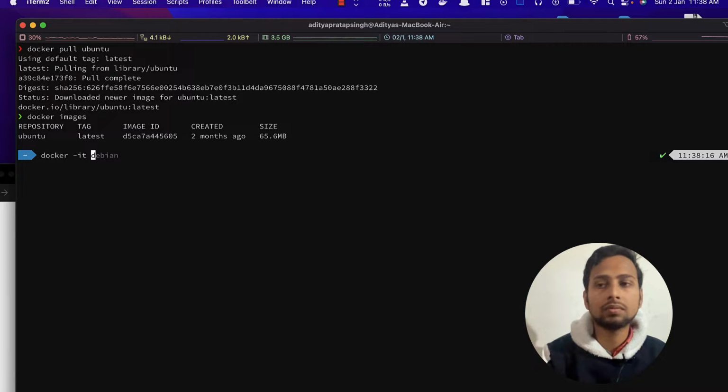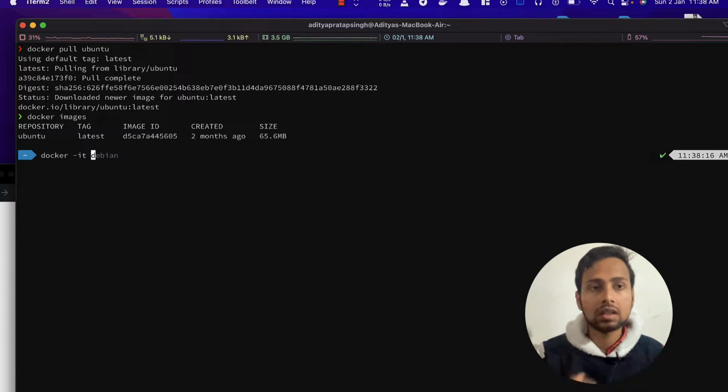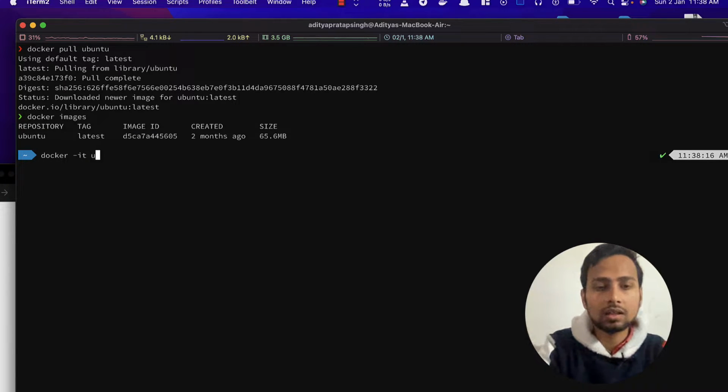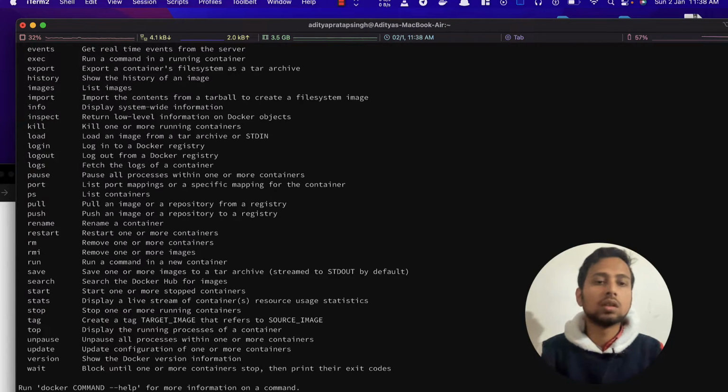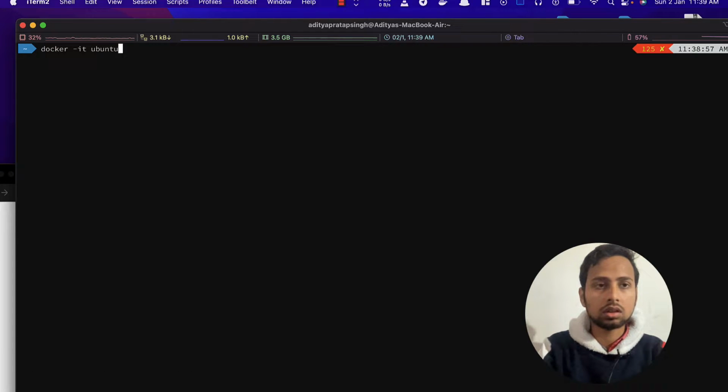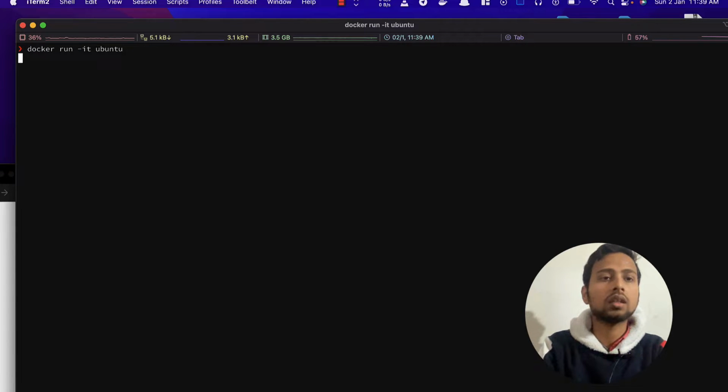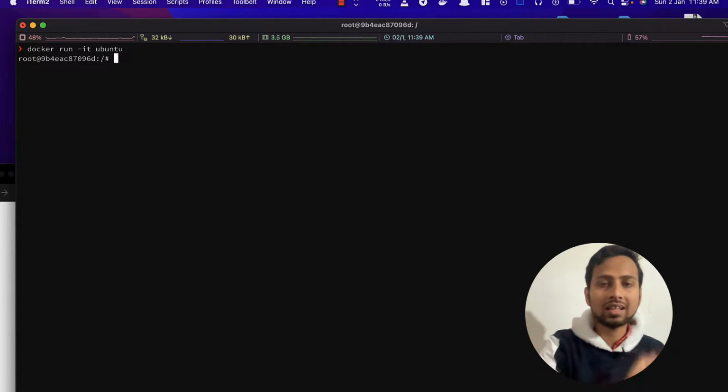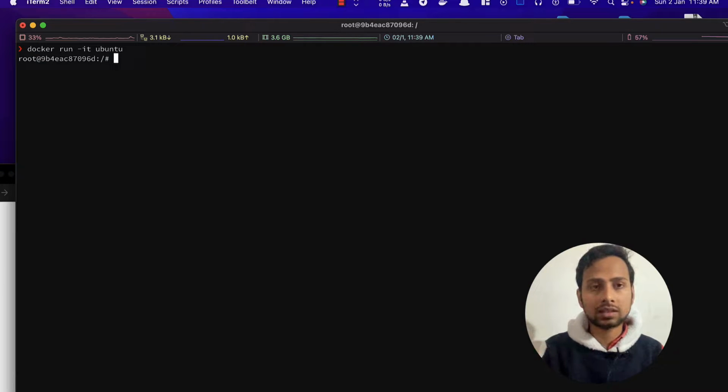I means I want interactive mode, and T means I want a terminal interface, and then the name of the image that you want to run, ubuntu. You also have to say that you want to run it, so it is docker run -it ubuntu. Now we are successfully inside Ubuntu.